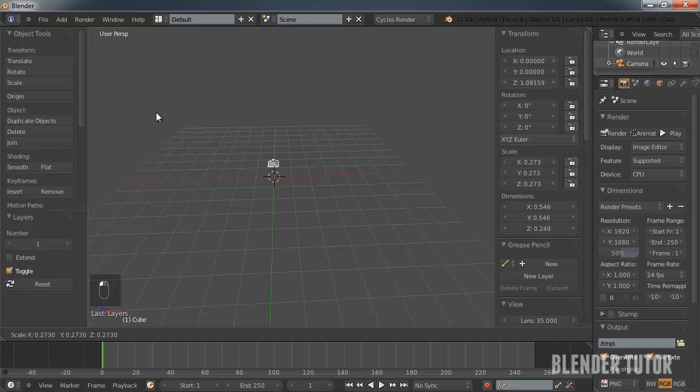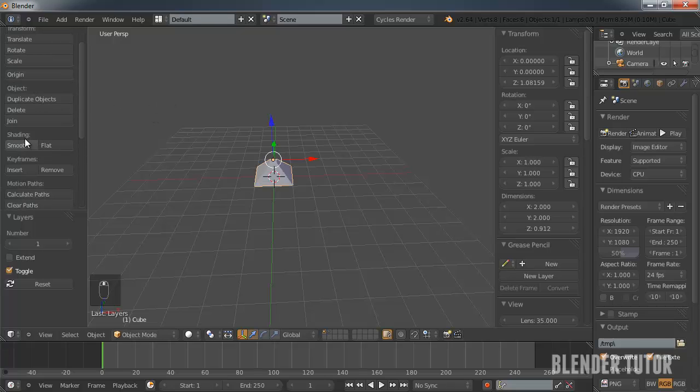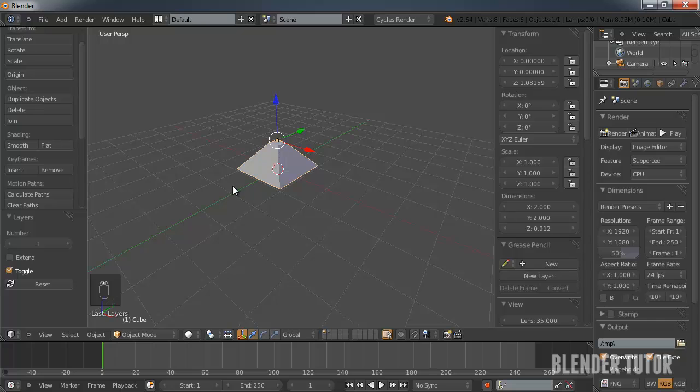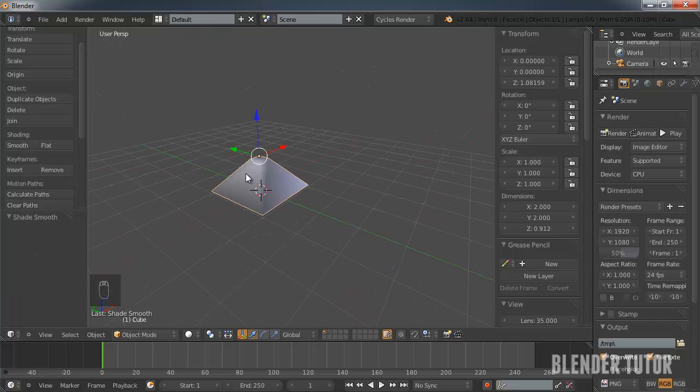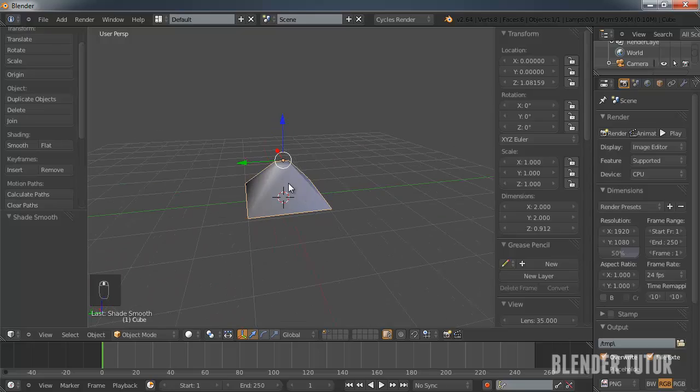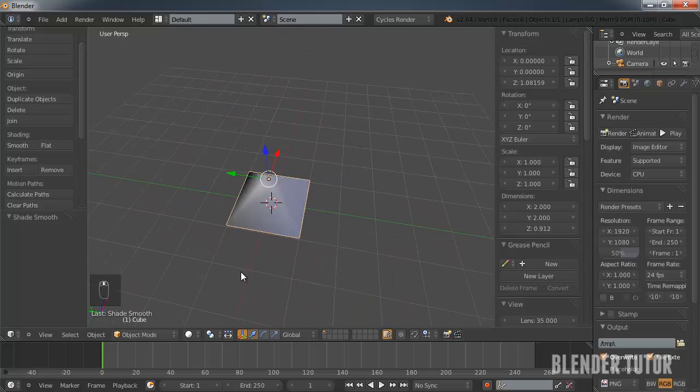and scale, which I actually never would use any of these buttons, but some of these are going to be useful. I have how my object is shaded. Right now it's flat, so you can actually see the harsh lines. But if I were to go to smooth, it's going to look more like it has much softer angles, which for this actually looks pretty weird.